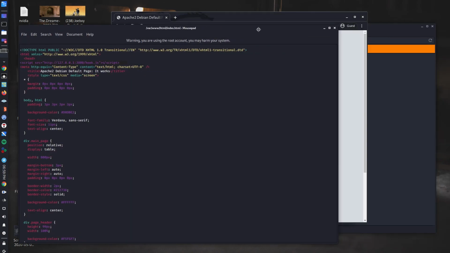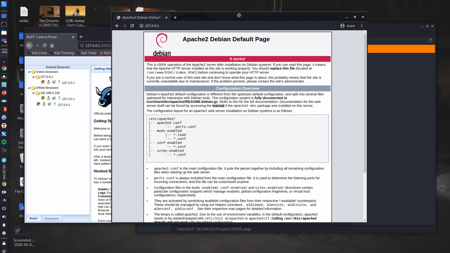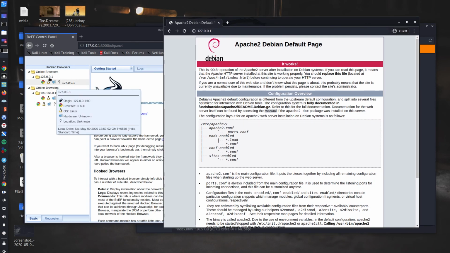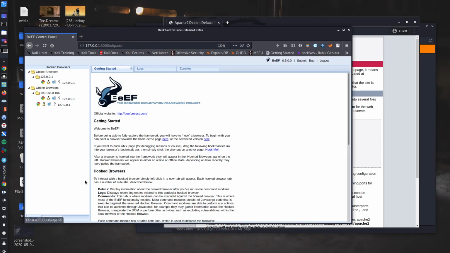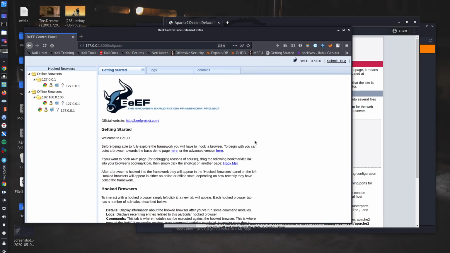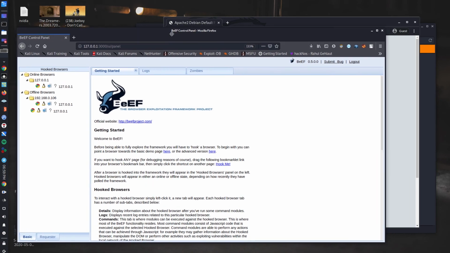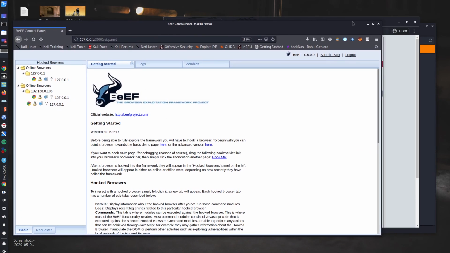So how can this work? Let me tell you how you can be exploited. You can see the online browsers here. Let me zoom in a little bit more. This is the attacker browser, and this is the victim browser.